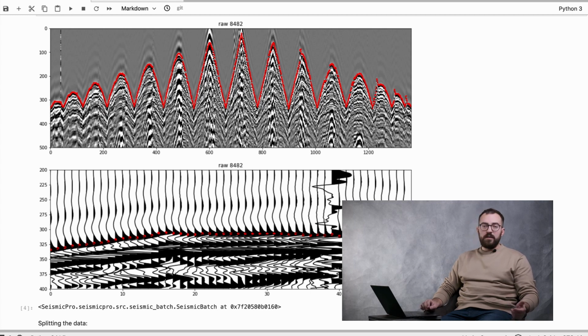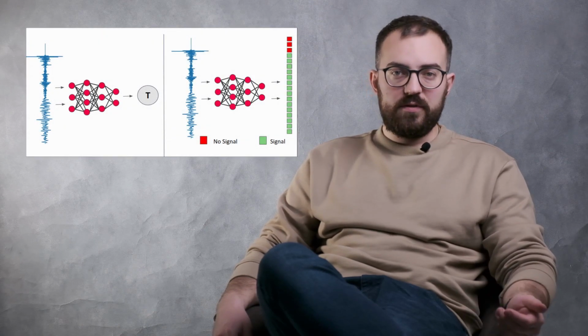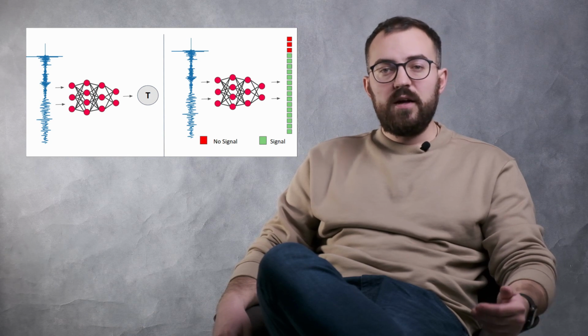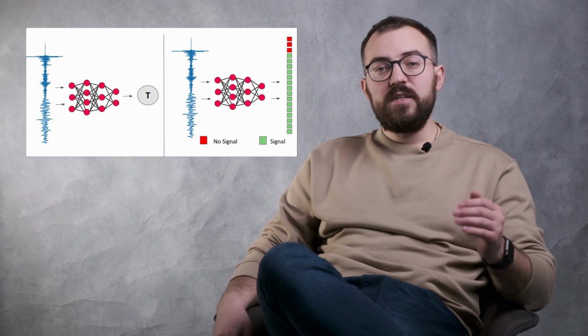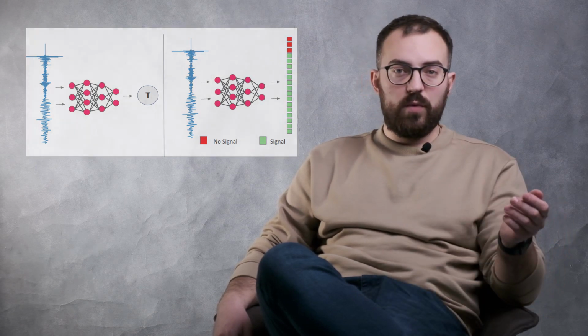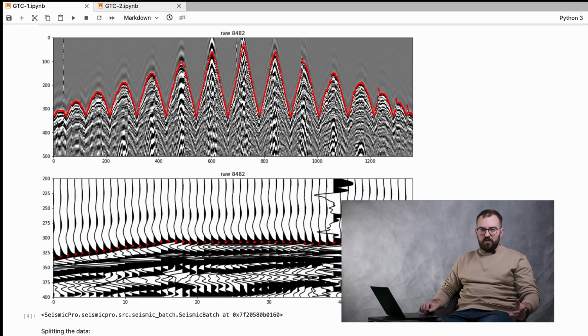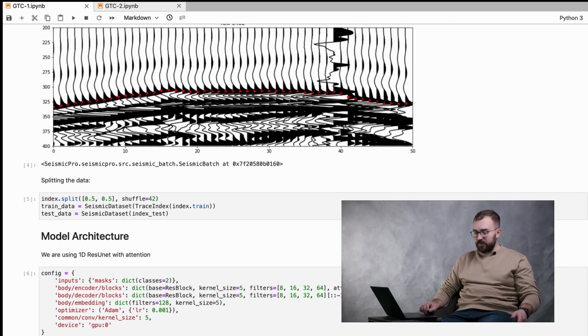Now, let's talk a little bit about the model. We have attempted to treat this task as a regression, predicting a single number for each trace, but that approach didn't show good results in our experiments. So we changed the tactic and started to treat this task as semantic segmentation, classifying each sample of the trace as a signal or non-signal one. We will use 50% of the data for training, and validation is going to be carried on a small labeled subset of a survey from an ongoing project.